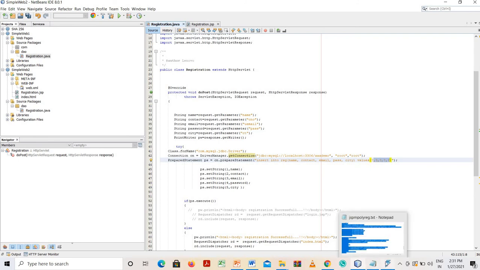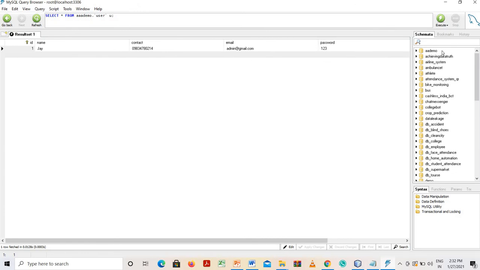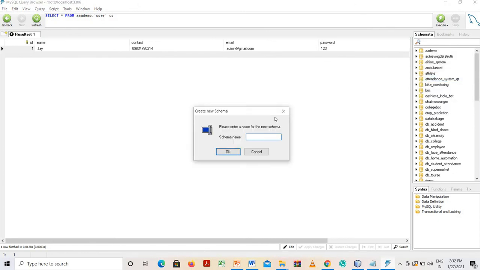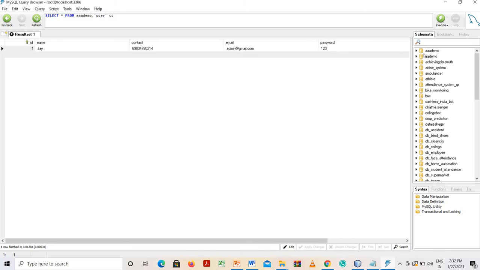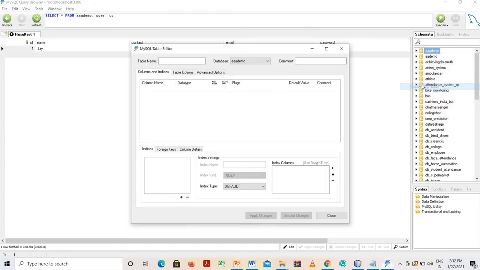Right. So right now I am going to create a table. First of all, I have to create the database named triple A demo. So here I will create one database. Create a new schema, triple A demo. Okay, so in this triple A demo, I will create a new table. The name of table I will write here as user.